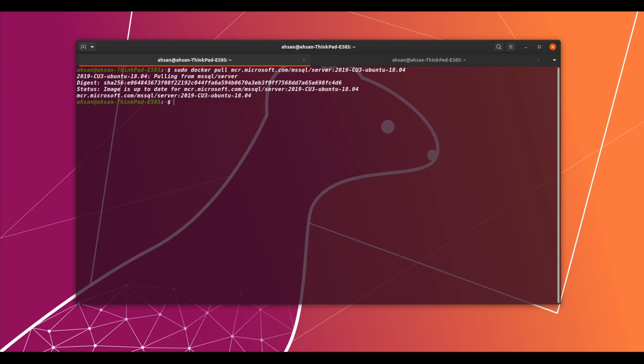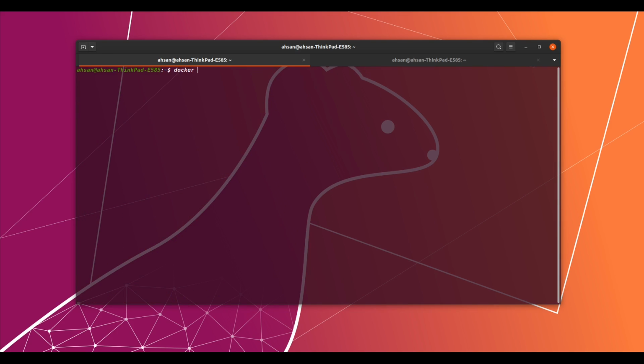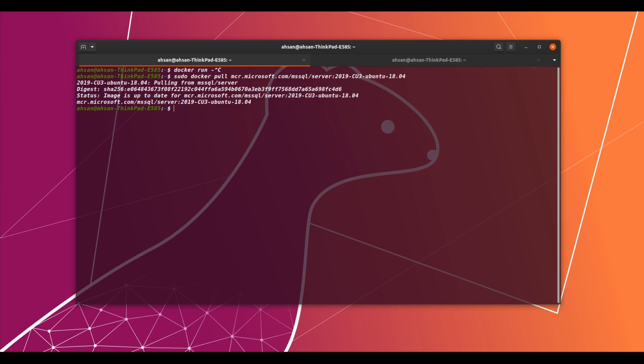Now it's time to run this SQL Server in a Docker container, or to containerize the SQL Server. I'm going to say sudo, let me just add an alias to keep things simple, so I don't have to do that again and again. Okay, so when I say docker, it's always there. I'm going to run, in fact, I will leave this command because I want to copy that layer. I'll show you why. Anyway, I'm going to say run,